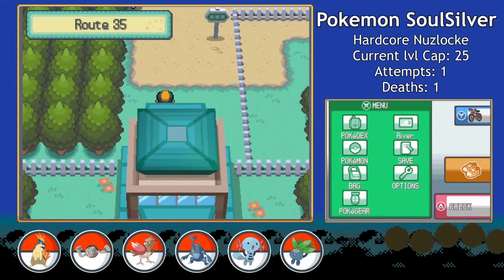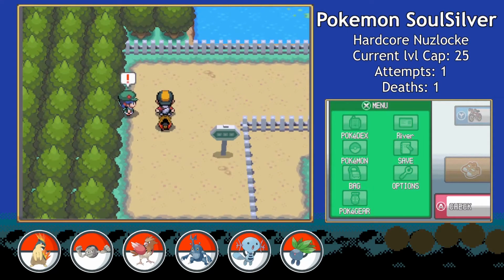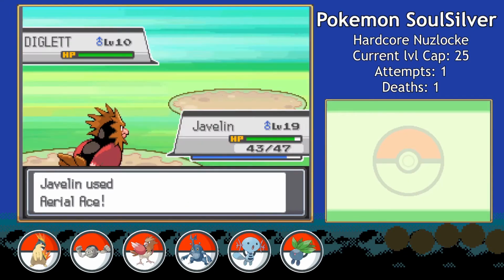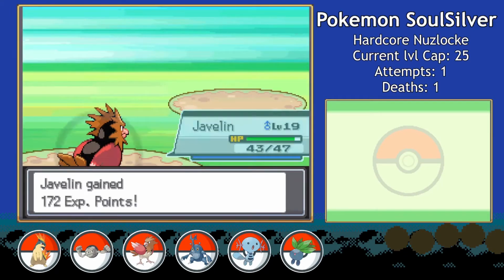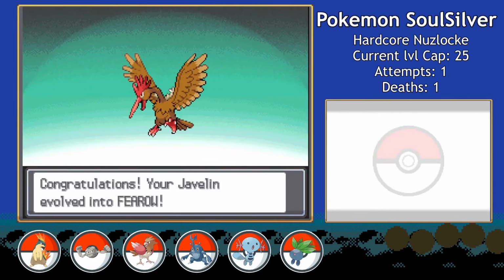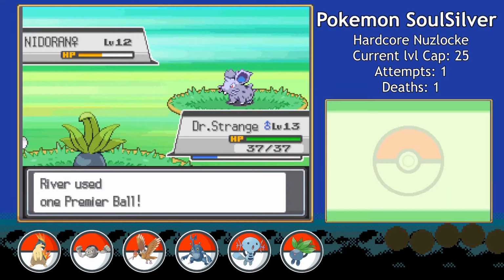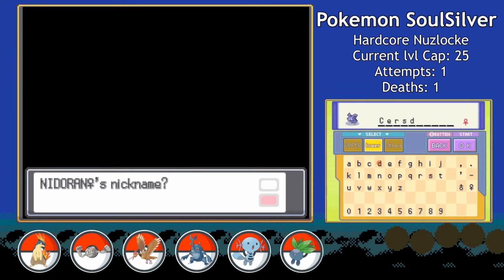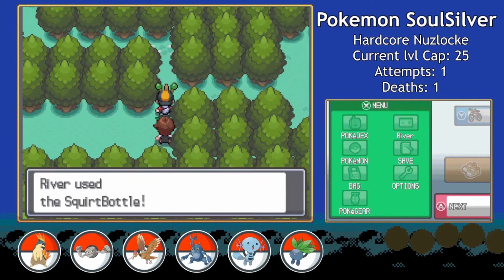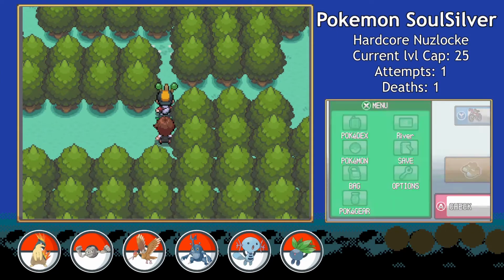Having successfully beaten Whitney with an acceptable sacrifice, Dr. Strange the Oddish joins the team, and I continue on north of Goldenrod with my newly acquired Squirt Bottle. Javelin evolves into a Fearow after some trainer battles, and I catch a Nidoran on Route 35. It does end up having the rivalry ability over Poison Point, but either way I leave the Mad Queen in a box. I decide to use the static encounter with the Sudowoodo as my Route 36 encounter, and I lead